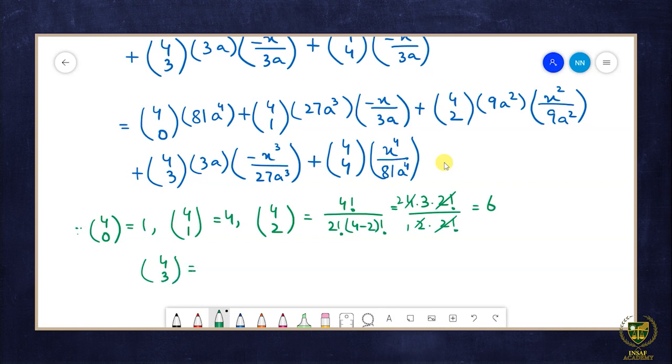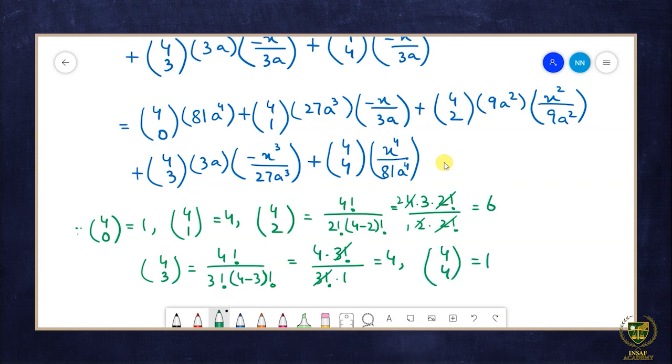4C3 this is equal to 4 factorial over 3 factorial into 4 minus 3 factorial. This is equal to 4 into 3 factorial over 3 factorial into 1. 3 factorial से हो जाएगा cancel and this is equal to 4 and 4C4 ये आ जाएगा 1 के इक्वल।